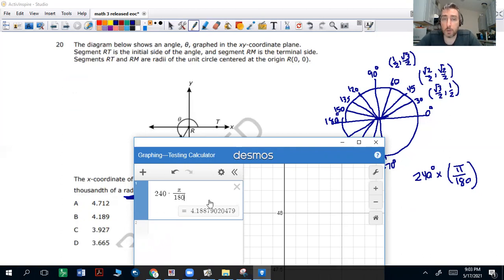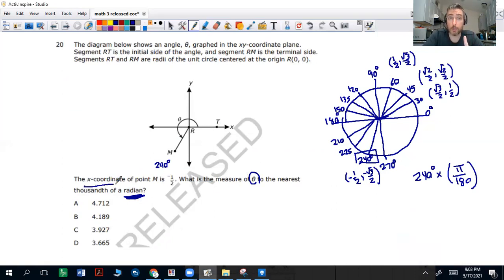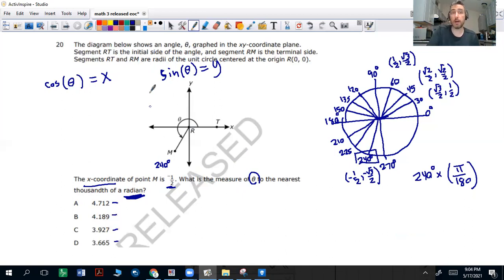Now, that's not the only way you can do it. One thing that I will point out gladly is that if it says the x-coordinate, remember in the unit circle, the cosine of the angle is always going to be the x. And then the sine of the angle will always be the y. So if I know the x-coordinate is negative 1/2, what I want to do is see which one of these radians is going to get me a value of negative 1/2. So if I do cosine of